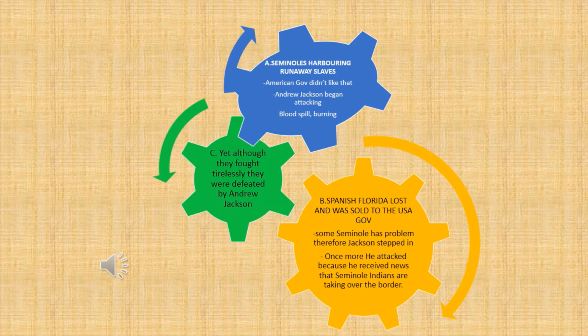As years go by, they were living happily, but suddenly this guy Andrew Jackson comes in. Why did Andrew Jackson come in? It is because of the American government. When the American government saw that this village was taking in all the slaves, all people who were maids, slaves, sex workers, the American government started to get worried. The first worry is the population, and the second is that normally they would have slaves, but this kind of village encourages slaves to run away.